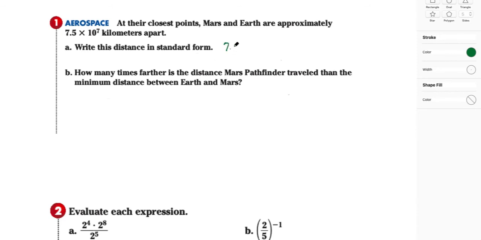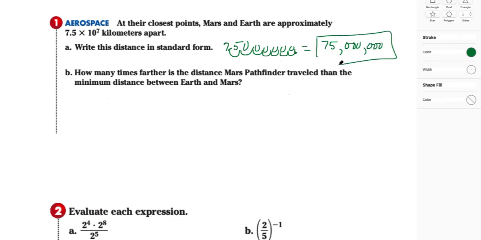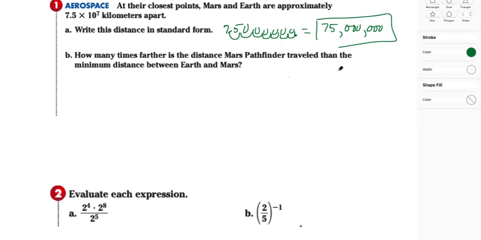So you've got the 7.5. You recognize that this 10 is to the 7th power, and so you're going to move it over 7 times. 1, 2. Let's try it again. 1, 2, 3, 4, 5, 6, 7. We're going to fill in the zeros there as we've moved our decimal place over 7 times. And then now we can look at this number and say that it is 75 million. So that's 75 million kilometers apart, the approximate distance from Mars to Earth as they're passing closest to each